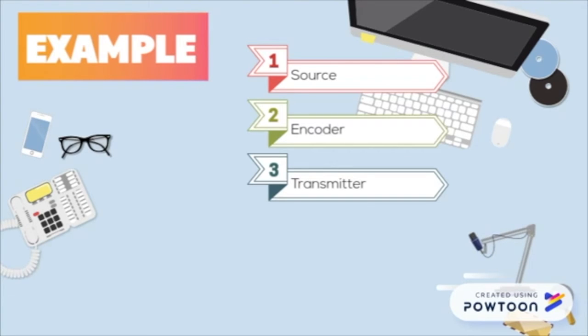The transmitter cancels the noise, converts the signal from analog to digital, modulates it, and amplifies it, and then that signal is sent out via electromagnetic radiation through the air